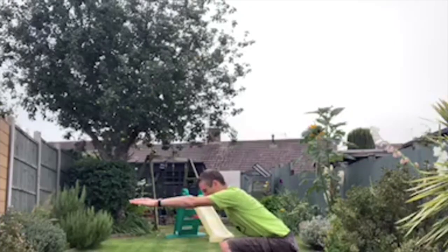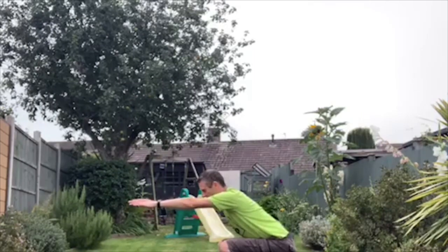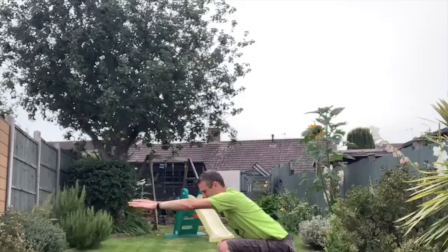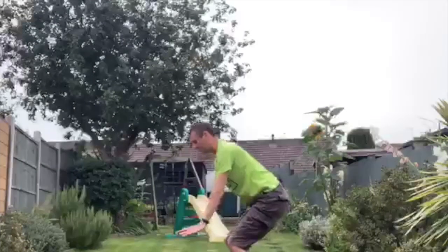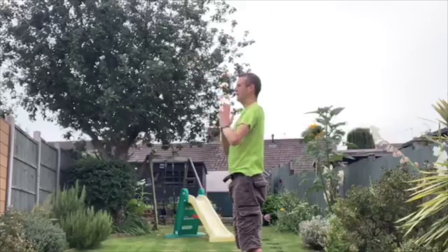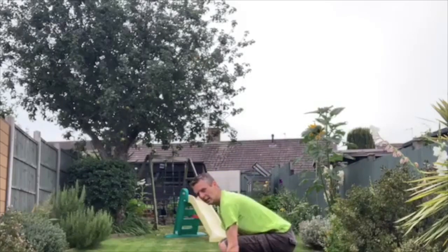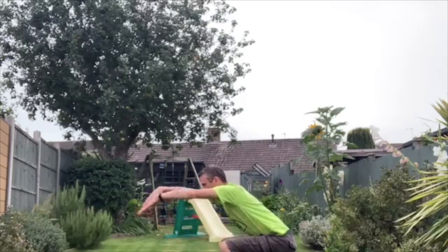Hands out at the same height as the shoulders, keeping that tailbone tucked under, and just lowering the hips down towards the heels, to which point you feel that kind of engagement in the thigh muscles, as long as it's not too uncomfortable for the knees. Press down now through the hands as we lift ourselves back up again, inhaling to lift up, and then back to centre. Do that twice more, fingers down towards the floor, hips down towards the heels,